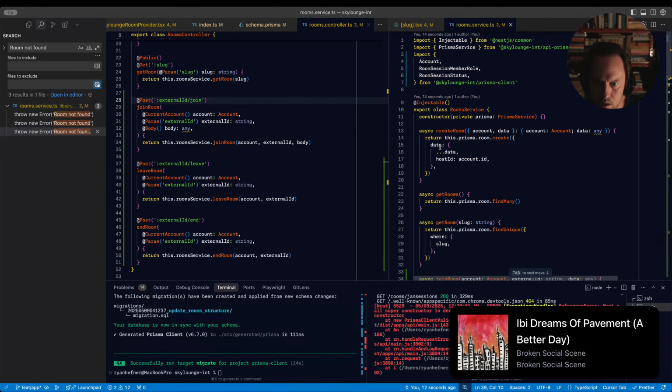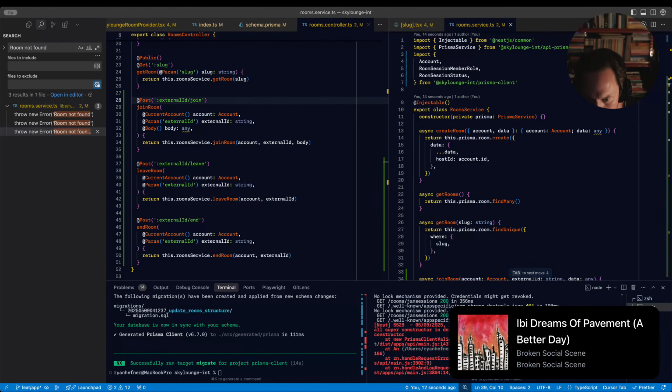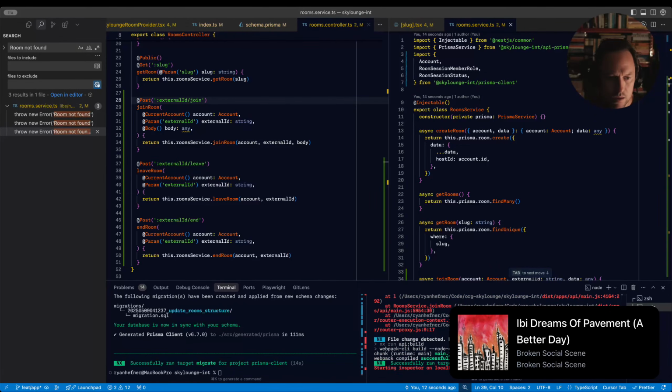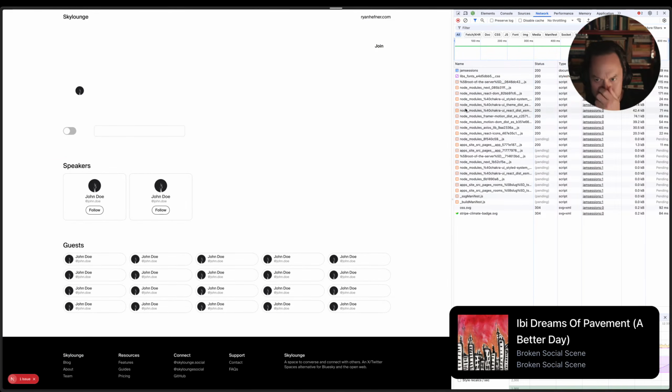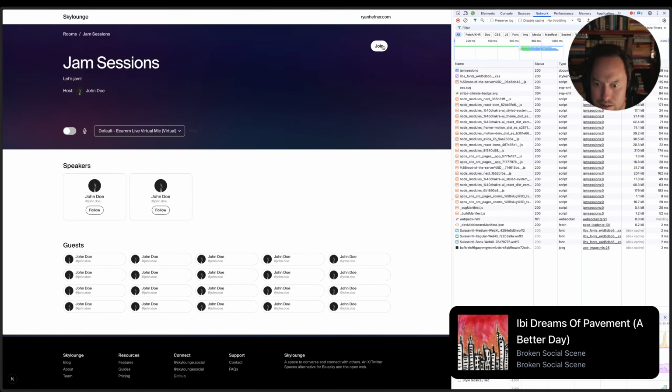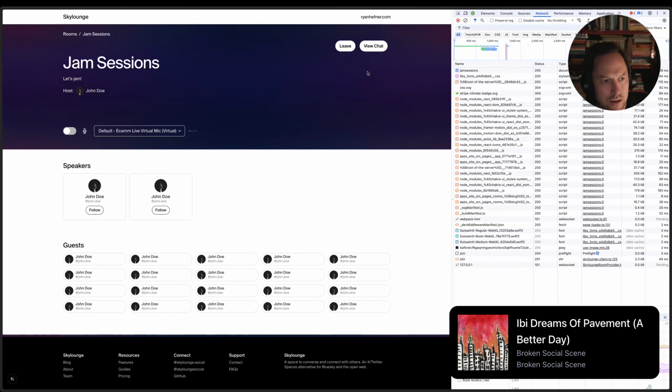Now, what is it? Where is the this? JS. Not sure what it's complaining about. I guess we can just try it again. Just keep hitting it until it works. It worked. Okay, so it was probably that the offer was a JSON object and it was trying to write into a string column. I mean, I could just make that a JSON column, but